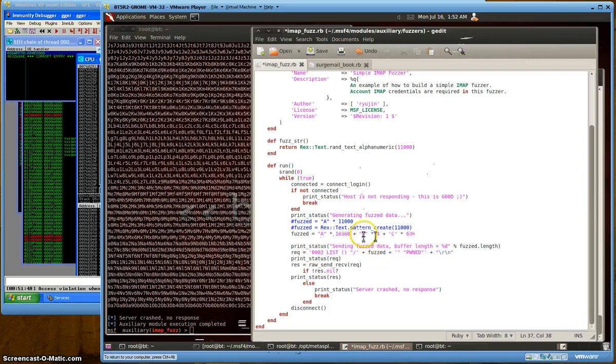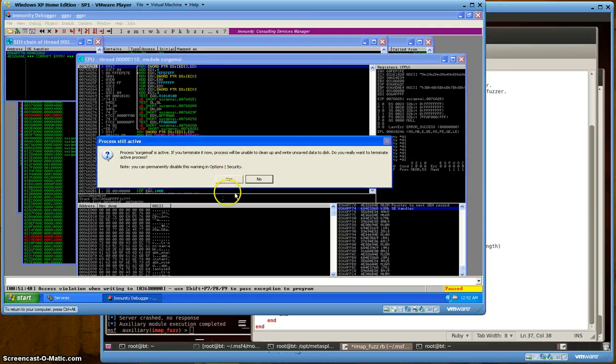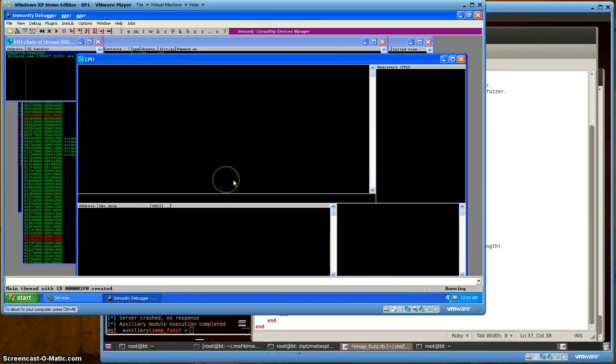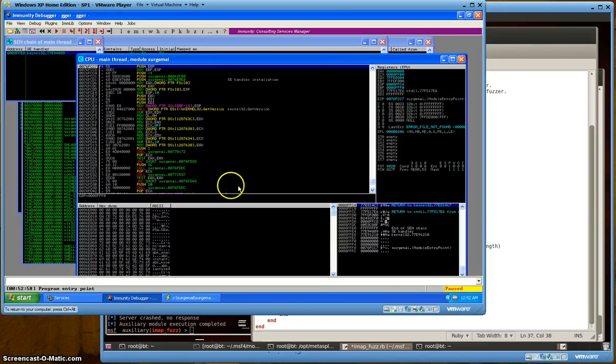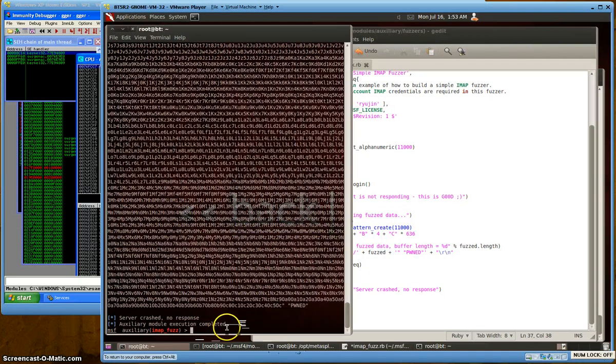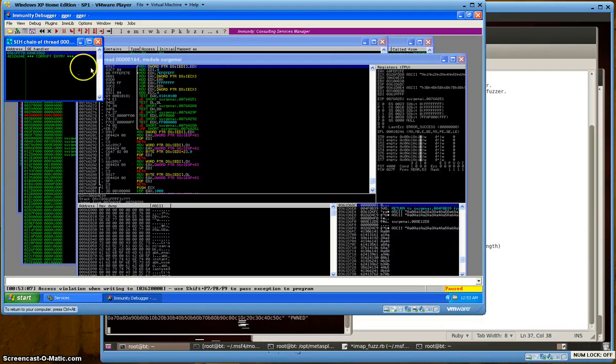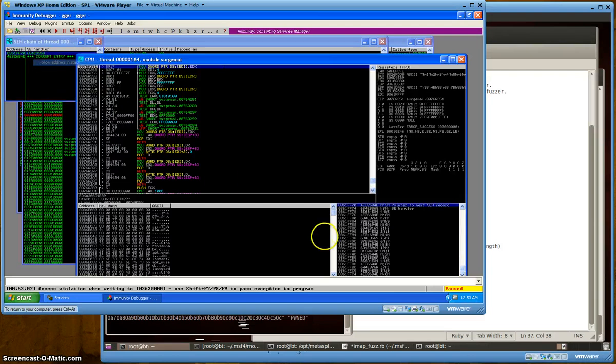So what I'm looking for then is an SEH value that has these four B characters. So I'll go back to Immunity, restart the process, make sure we're not paused, and that should be good. And now I'll do a rerun. And if I follow this into the stack, I can see